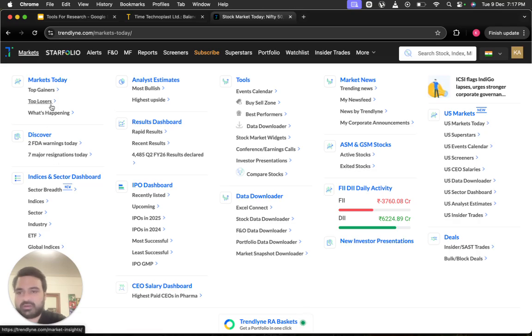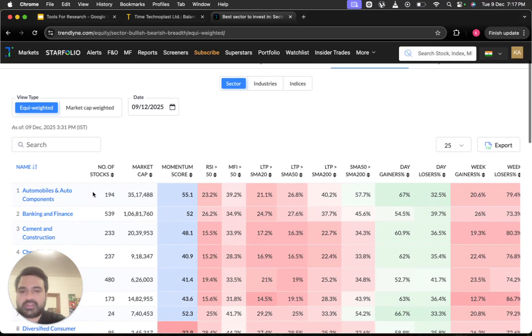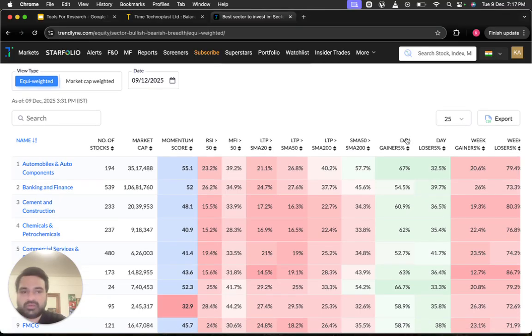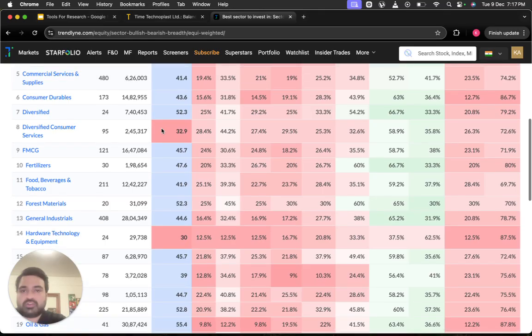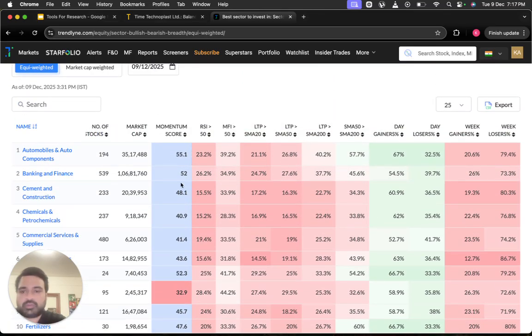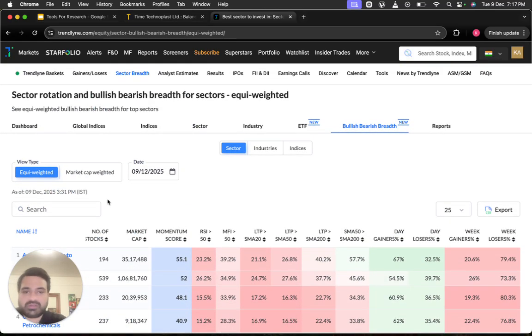You can see in further detail top gainers, top losers, FDA warning, sector breadth. Sector breadth is a pretty interesting tool. You can get days loser percentage, days winner percentage, what's over the moving averages, what the momentum and relative strength of each sector is like. All of that is available here. So if you're doing some top-down research, if you're looking at macros, this is a great place to see which sectors to study, where sectoral rotation is happening.